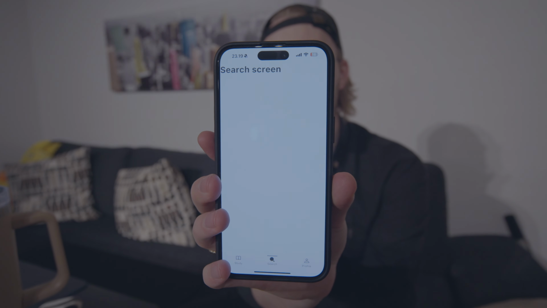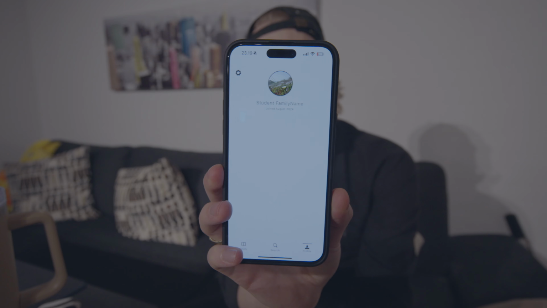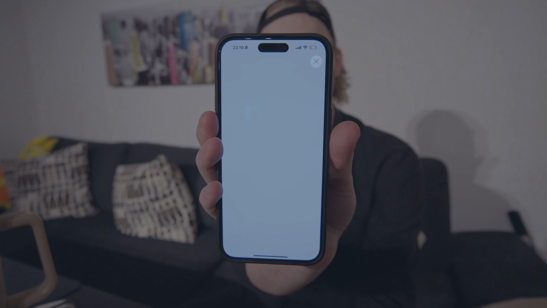Just because I'm done with the lesson doesn't mean I'm done at all. The whole search for new words screen, absolutely nothing has happened to it. The profile screen, still very much just the framework, so there's also a lot there. The notifications, they don't even count up. The subscription screen also doesn't work. Nevertheless, I now have 5 days left.